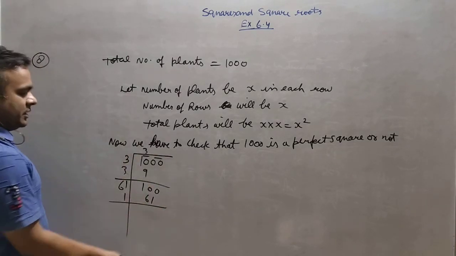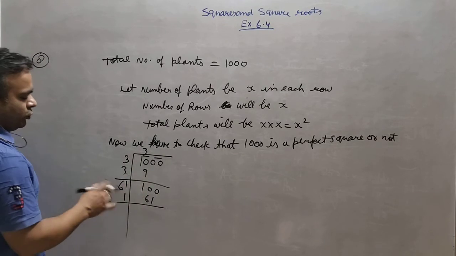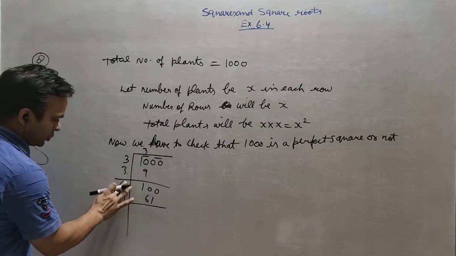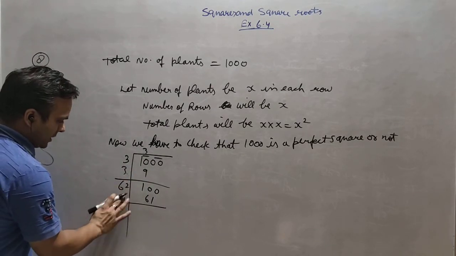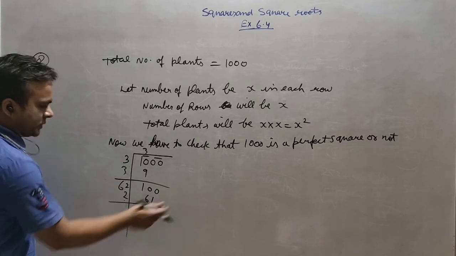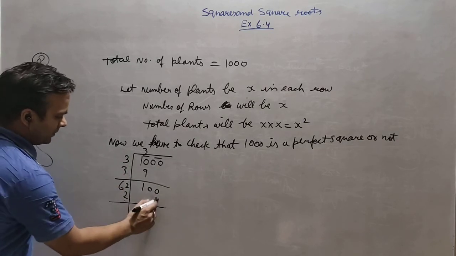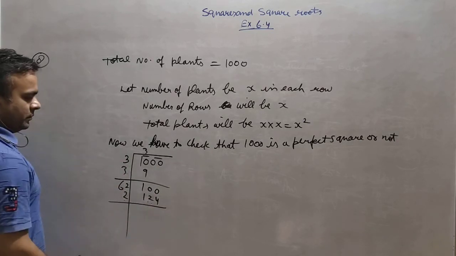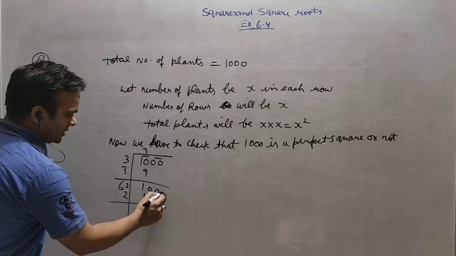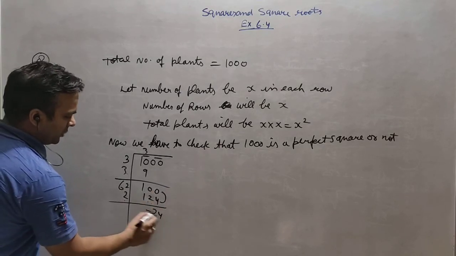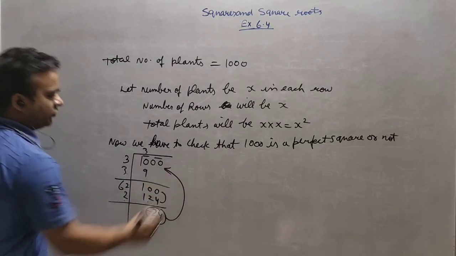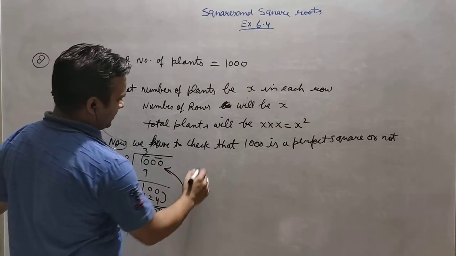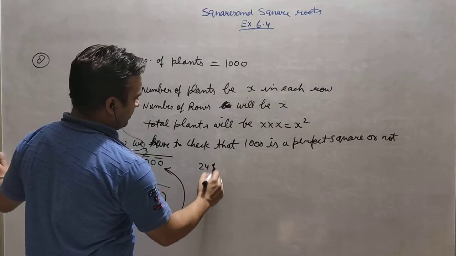But what should be added? I have told you, if you want to find what should be added, so what we will take here? In place of 1, we will go to the next part. So what it will be? 124. So how much this one is extra from 100? 24 extra. So it means this 24 should be added. So we will write here 24 plants